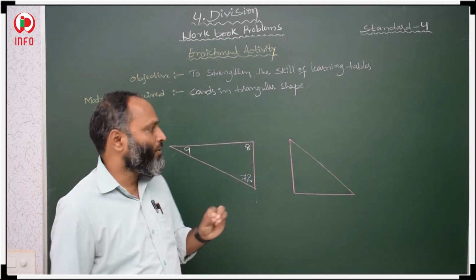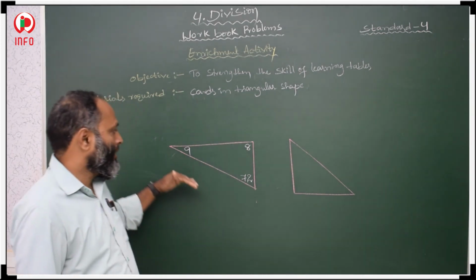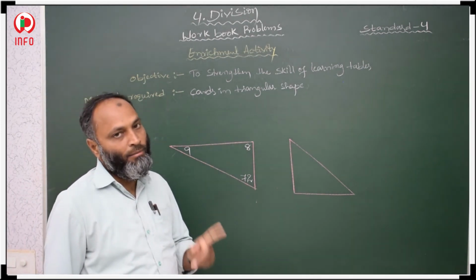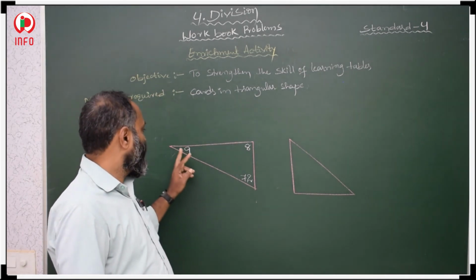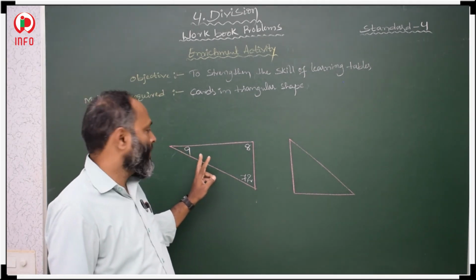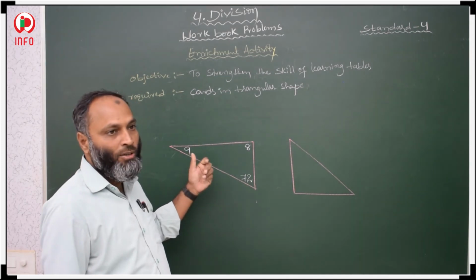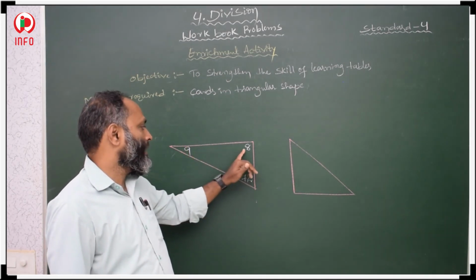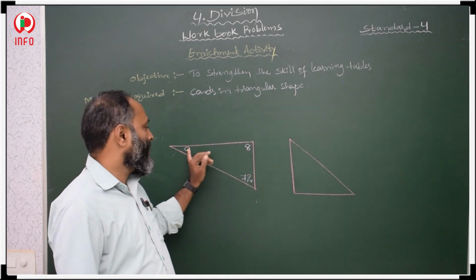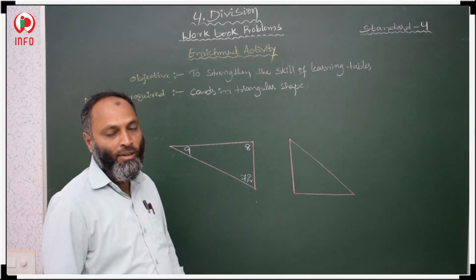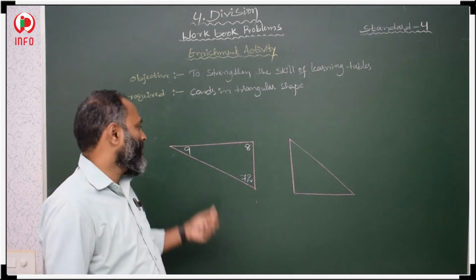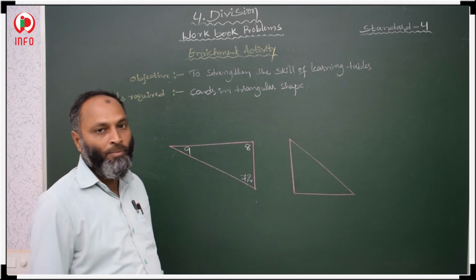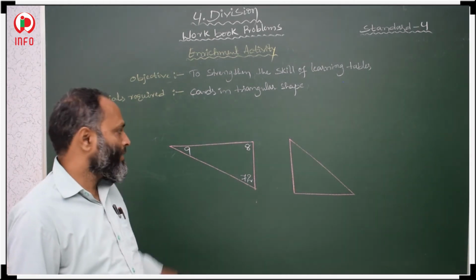Then how to do this activity? First, you take one triangular shape card and write 3 numbers on the corners of the triangular card. So how should we take these numbers? Here I am taking 9 8s are 72. One table in the middle, the 9th table I took here. 9 8s are 72, 8 9s are 72. So this is my table.